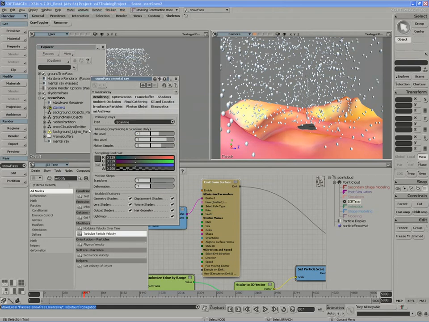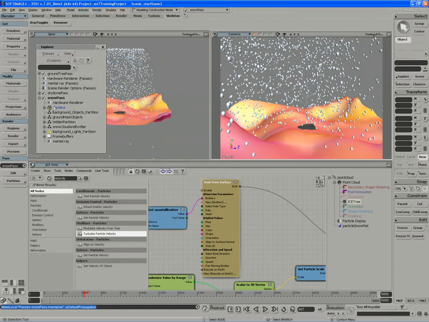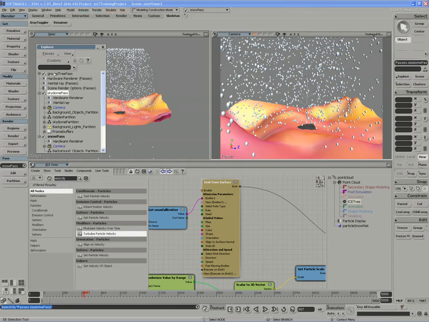So I'm actually making a copy of the values I just set in this snow pass. These are local now, and we can tell they're local because the mental ray icon is not italicized, much like we see the hardware render italicized here. And if I just go back to my sky dome pass,